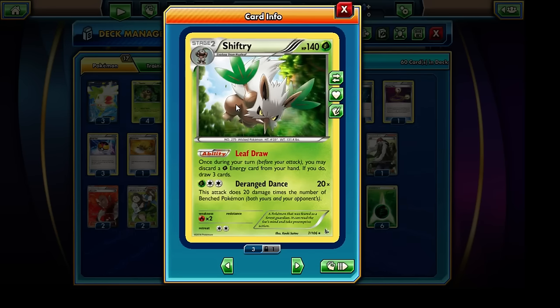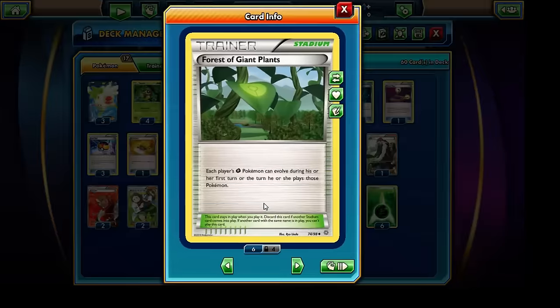Unfortunately, we can't run the Skyfield Stadium card in our case because the Forest of Giant Plants Stadium card works much better. We'd like to be able to evolve our Pokemon nice and early and bring out those Shiftries, so that we can ultimately set them up and then send them out into the battlefield. So we are running a total of 4 copies of the Forest of Giant Plants,